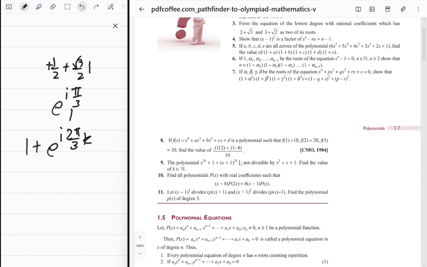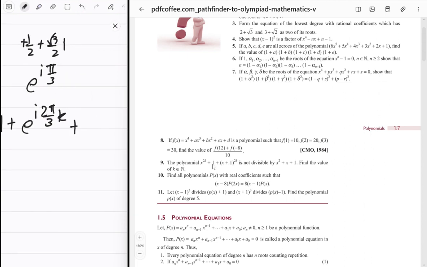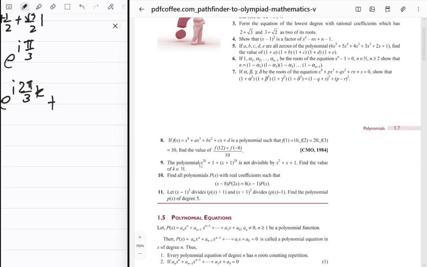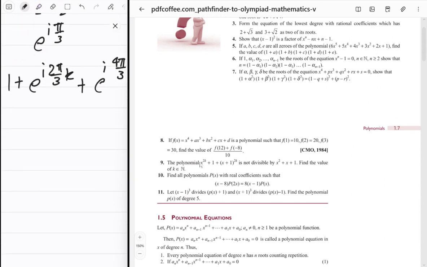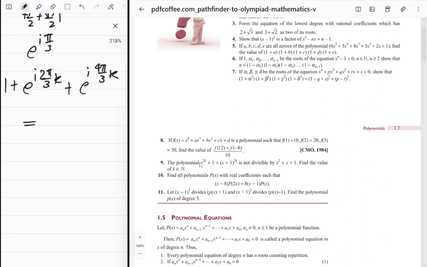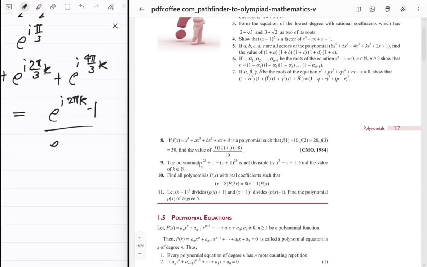And then from this guy, x power 2k, I just got e power i 4 pi upon 3, to the power of k. And then, using our GP formula, this turns out to be e power i 3 terms, and the ratio is e power i 2 pi upon 3, so it's like 2 pi k minus 1 upon the ratio minus 1. Of course, for all of this to make sense, k should be,